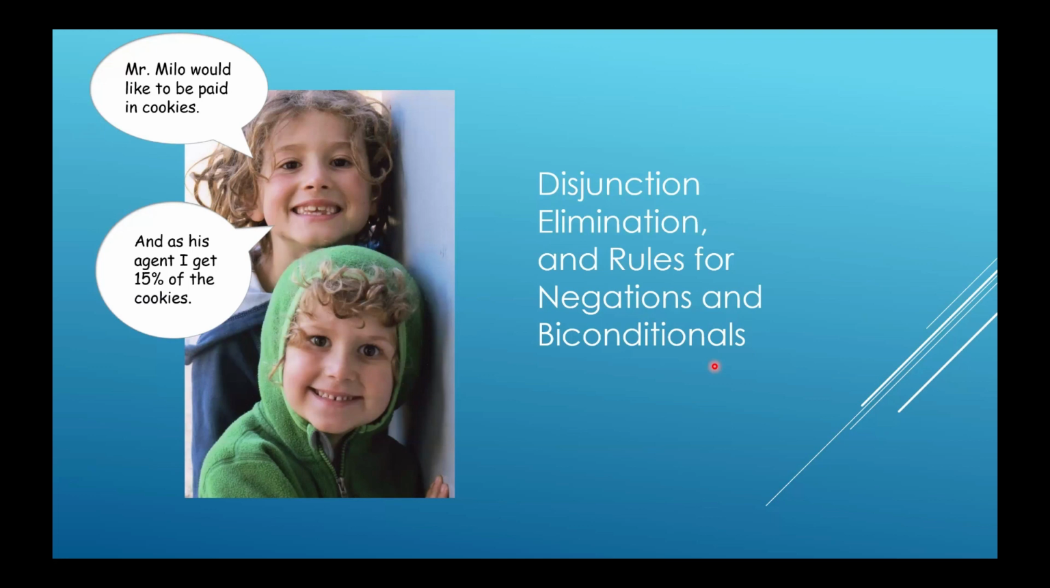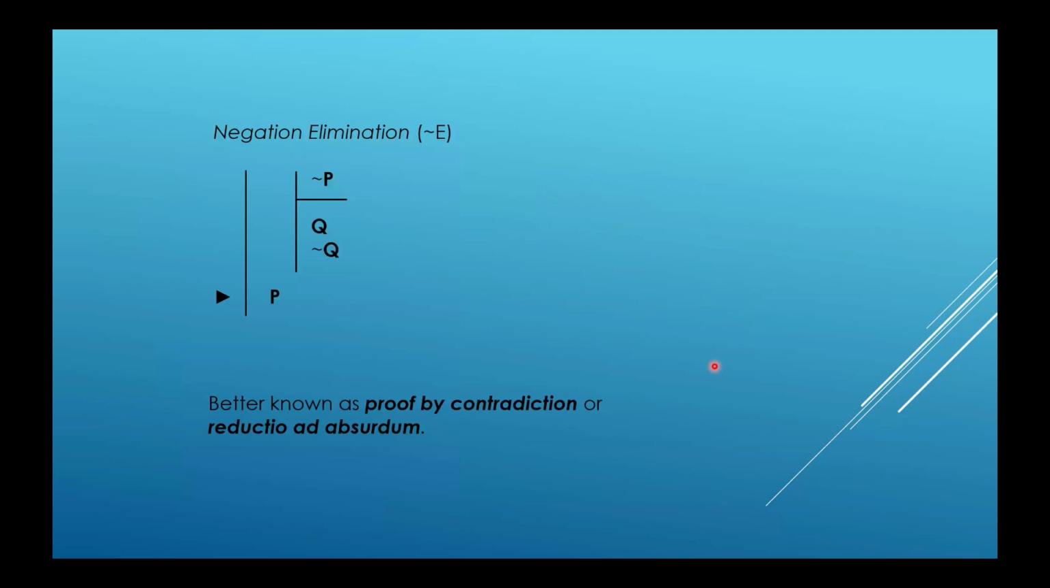In this video, we'll look at the remainder of the SD rules. First one we'll look at is negation elimination. This is better known as proof by contradiction, or by its Latin name, reductio ad absurdum, which means reduction to